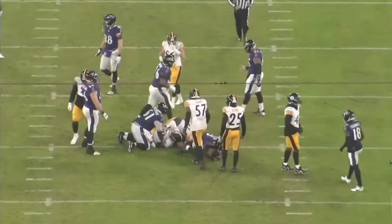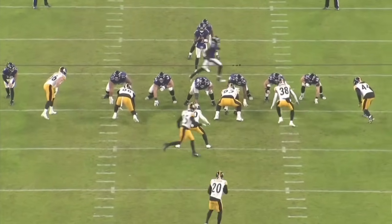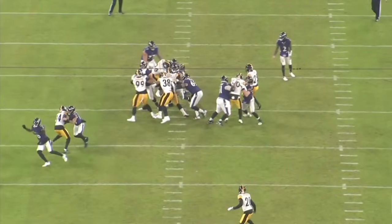So this is earlier in the game, a couple minutes before the forced fumble, and you just watch Rowe finish this play. That's being a veteran. That's being a detail-oriented guy here. The back's wrapped up, and so when the back's wrapped up, you ball search, you go to try to punch